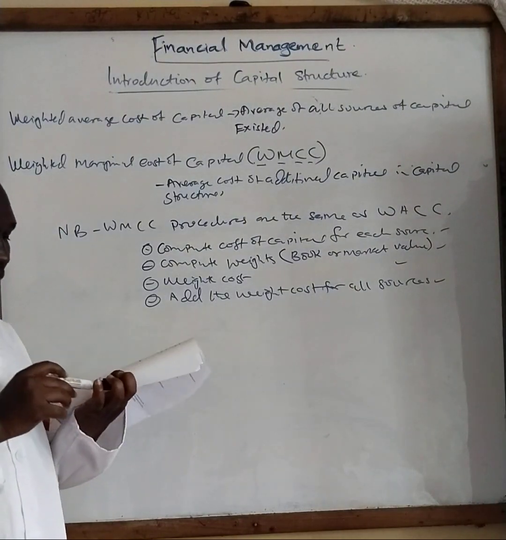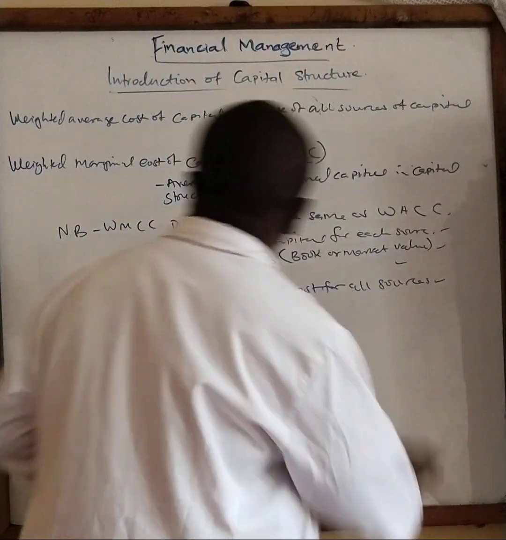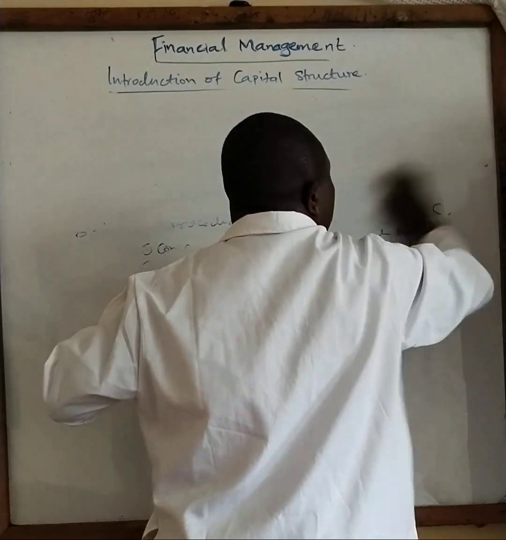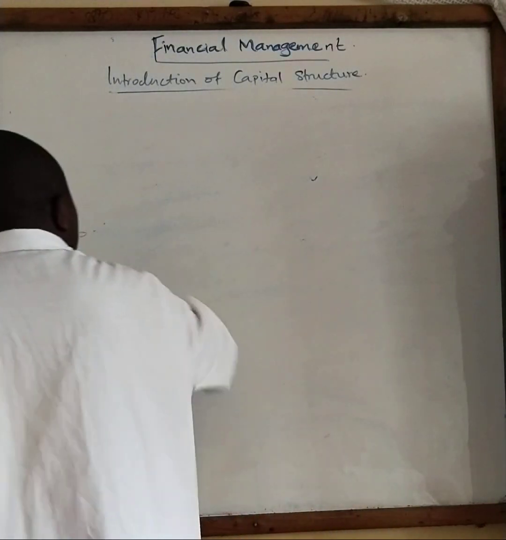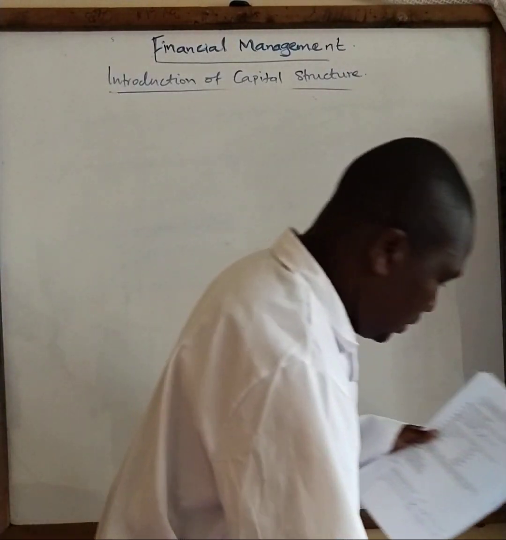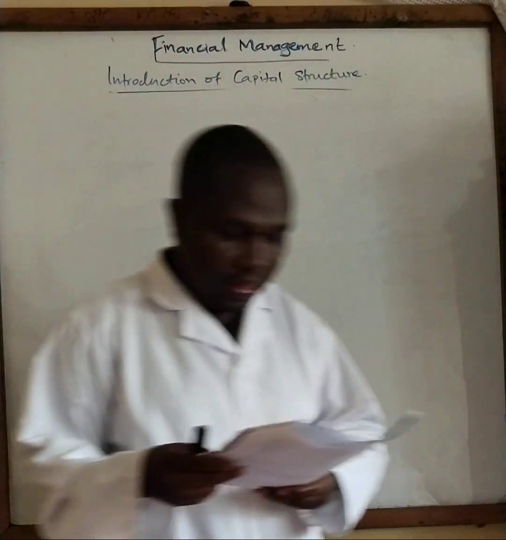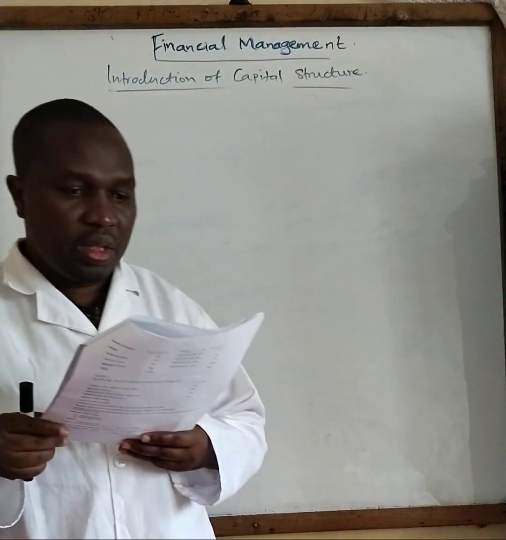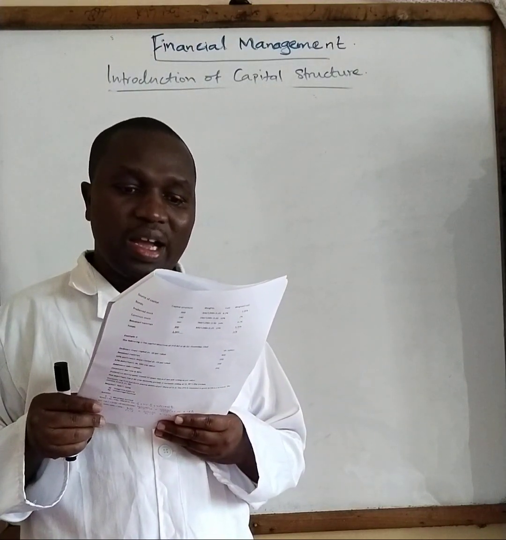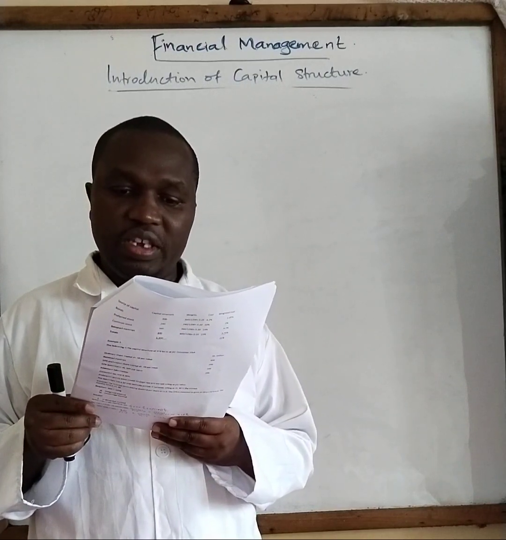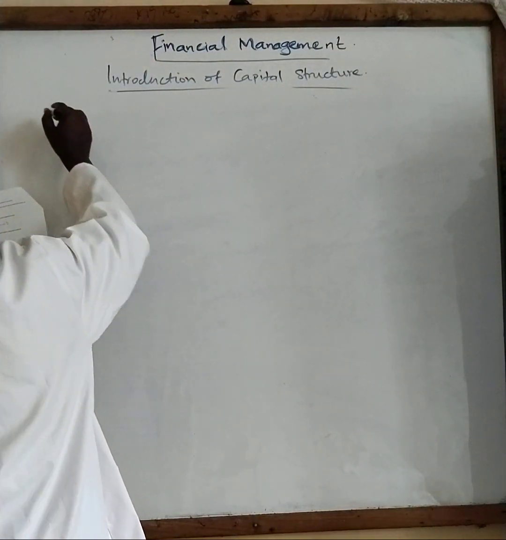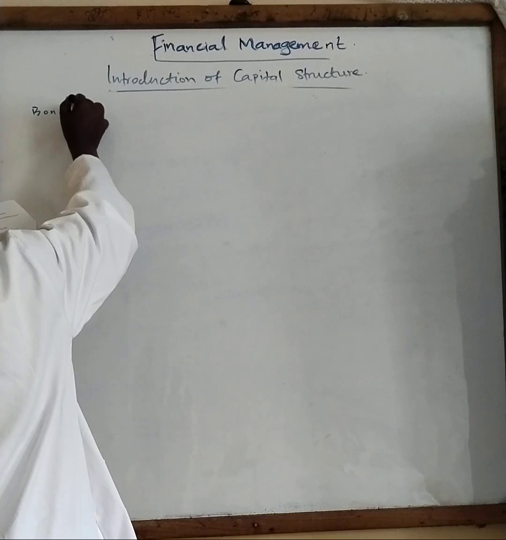Let's see an example, then I will give you more to do later. So we have example 6, which is shown in our notes also. The question is very simple. It says the Gamma Product Corporation has the following capital structure, which it considers optimal. So this is the capital structure. So we have bond 7%.